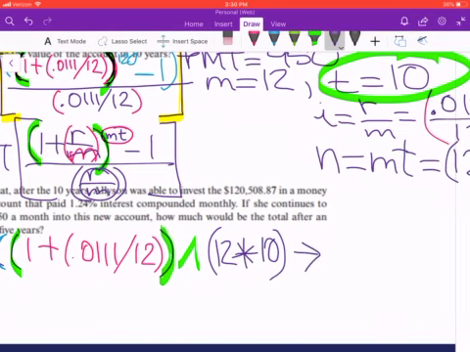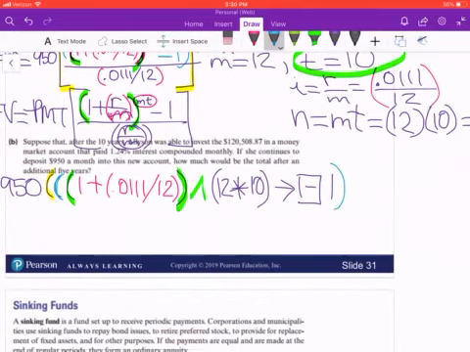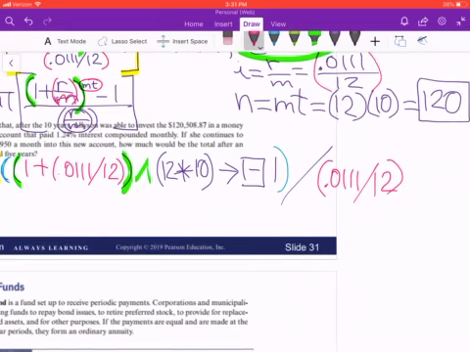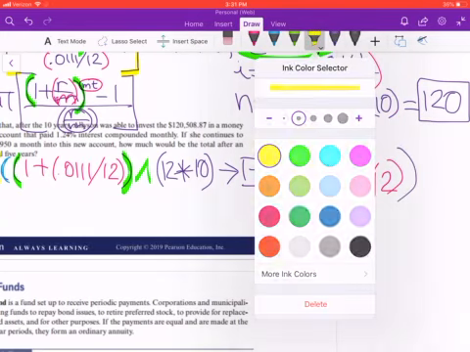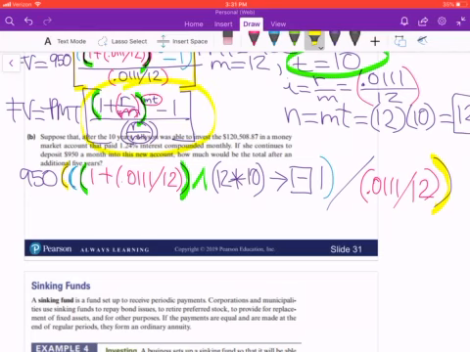And then you must get out of the exponent to enter the minus 1. Then we close that to enclose the numerator. And then we will enter the division symbol. And then here in parentheses as well, we will enter the rate 0.0111 divided by 12 for monthly. Close the parentheses there, and then we close one more time to enclose the bracket. Why do we need brackets? Well, because this whole quantity is multiplying to the 950 for the payment. And so after entering all of that correctly on your calculator,